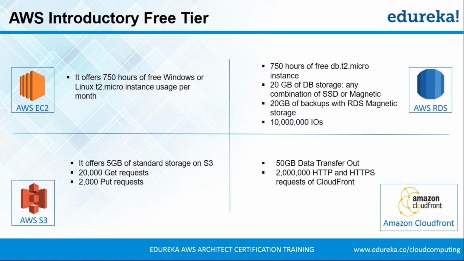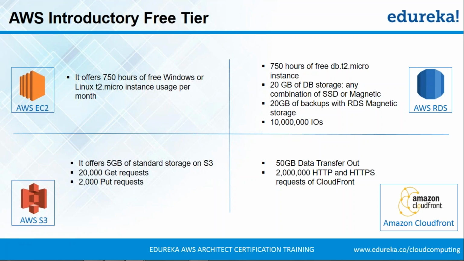But that does not mean you can run one more instance, that is two instances for 750 hours each. It means you can run 750 hours in total. So if you're running two instances, the time gets halved. So you can run it for 375 hours each, right? So this is what AWS EC2 free tier offers you. And in this free tier as well, you can only launch the T2.micro instance type. You cannot launch any more processor or any more computing power, you can only launch the T2.micro computing power.